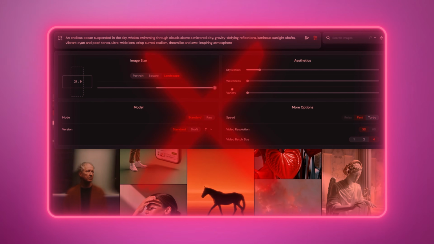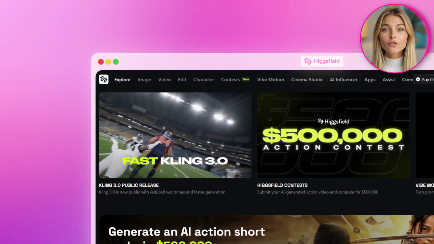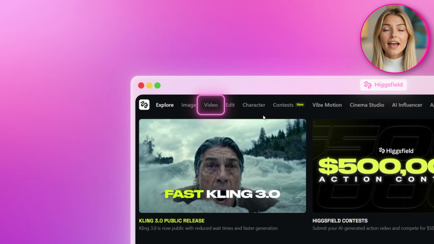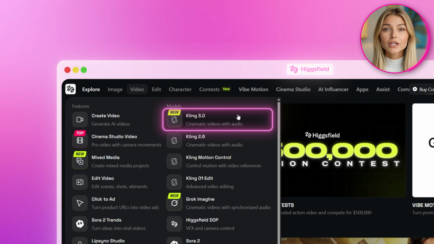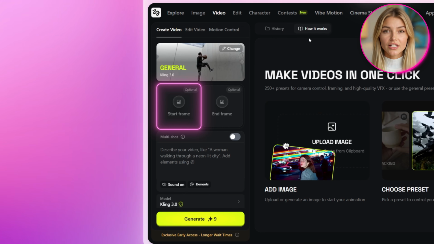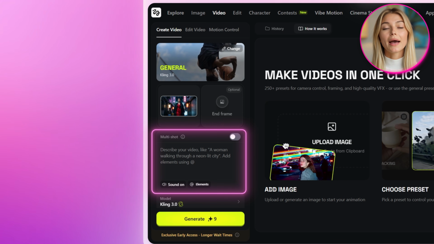Now, I've used a lot of video generation platforms, and the reason I keep coming back to this one is because the workflow is really simple, and when you want to experiment with different ideas, you're never stuck digging through menus. When you open Higgsfield, you'll head over to the video generation section, and from there you select Kling 3.0 as your model. Then you upload a starting image, and in the prompt you describe how you want the camera